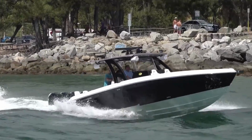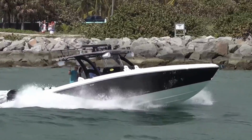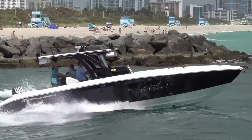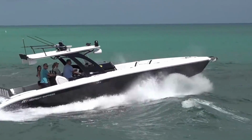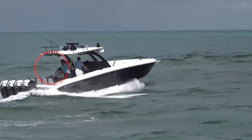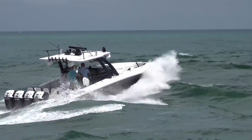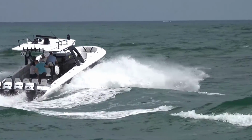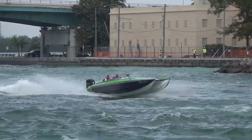But we're going to go ahead and play my favorite game in the fourth round, Can She Hang On? This Midnight Express coming out of Haulover Inlet actually looks pretty solid. These guys have got a good pace and everything looks good. They're waving to the camera, these guys are having a good time. But Haulover, when you're not paying attention, all of a sudden will give you a smack, just like right here. Unfortunately, this girl goes down. When I say she goes down, she's not all the way down, so they have not lost it yet. And it looks like she's going to get an assist from her friend who's standing next to her to try and help her up. And that's going to give this round to the boat since she was able to hold on. And that will take us into the fifth and final round, tied at 2 apiece,